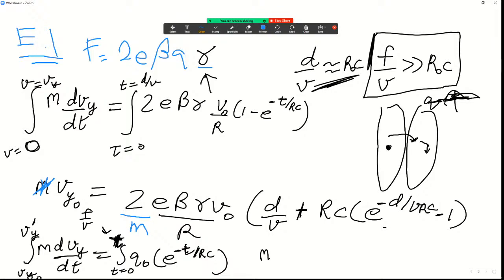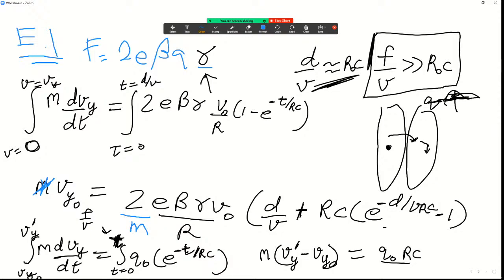So we have m Vy dash minus Vy naught equals Q naught, 1 minus, wait, let me integrate this properly,